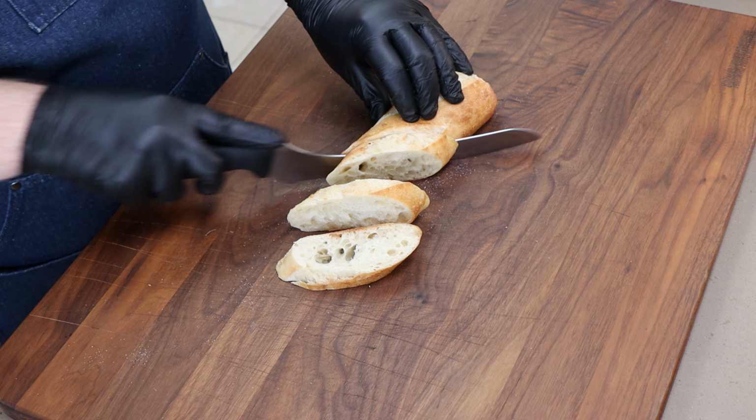Now I want to go ahead and season these up before we toast them. And we're going to be toasting them in a pan because I just like doing that. If you want to throw them in a toaster oven or a toaster, anything like that, you can even do it out on the grill. Just put it over the fire for just a few seconds to toast up the top. That'll work great. But I'm going to do it in a pan, and I want to get these seasoned with